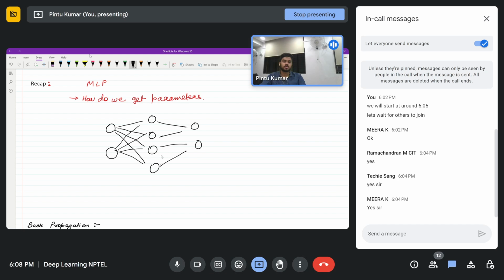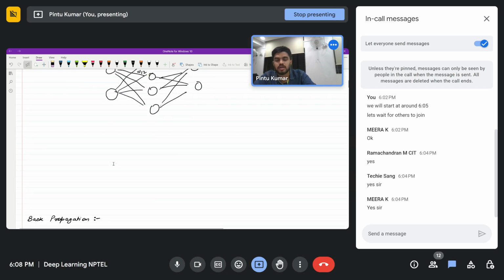Also, we talked about the gradient descent method that can be used to find a minimum of a function. So we have weights over here associated with these connections that we are making. Today we are going to see how we learn those weights from the data that is available with us. Another portion of recap is, let's say,